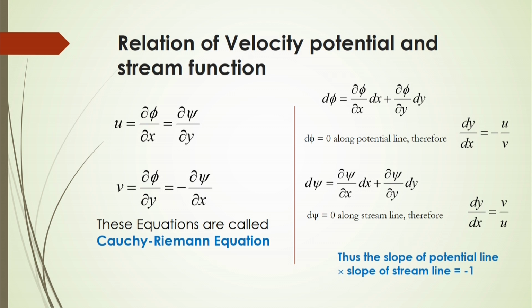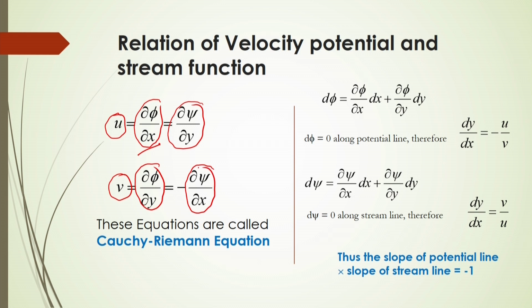If we consider the x-directional velocity u, then as per velocity potential this will be ∂φ/∂x, and as per the stream function it will be ∂ψ/∂y, and the y-direction velocity v will be equal to ∂φ/∂y, which will be equal to minus ∂ψ/∂x. And so, these equations are actually called